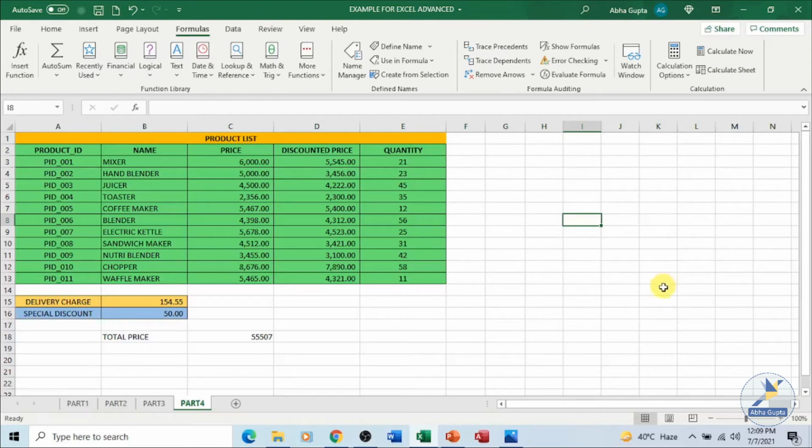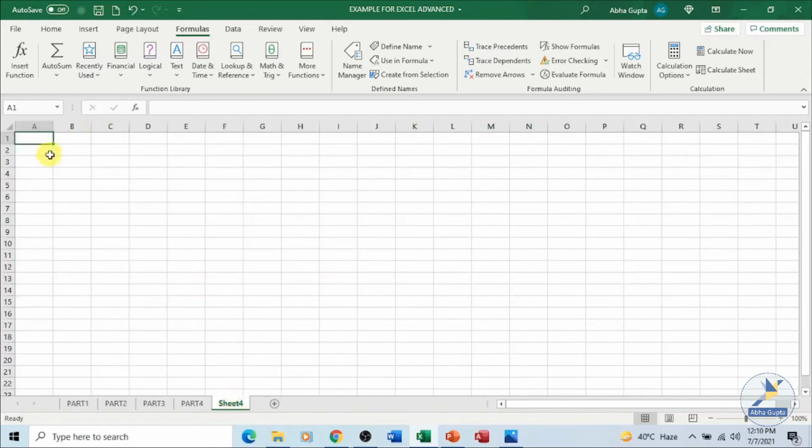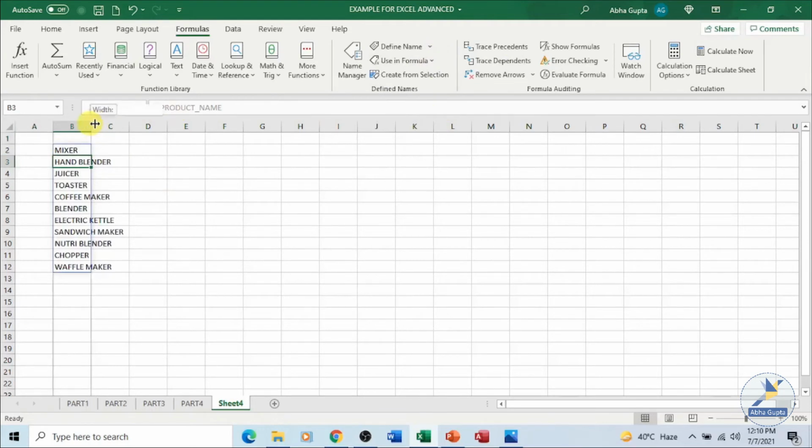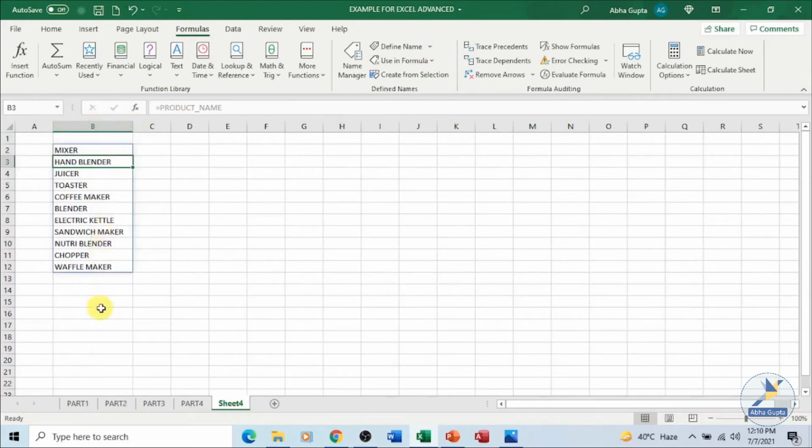Instead of making a selection, copying and pasting, I just can go to use in formula and make use of the range name there. Say I select a new sheet over here, go to use in formula, select product name and press the enter key. You have all the names in front of you.